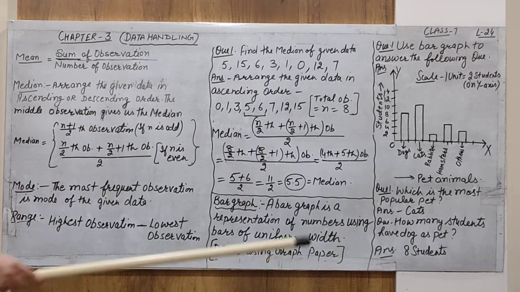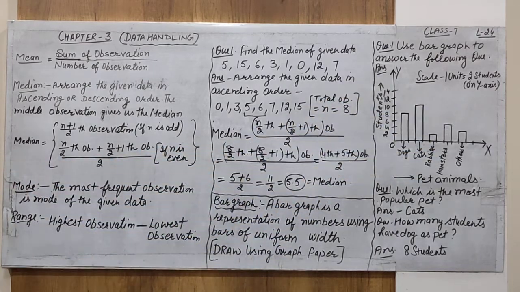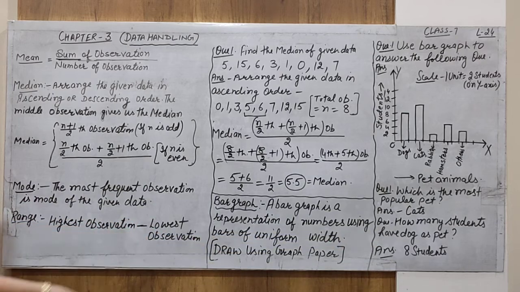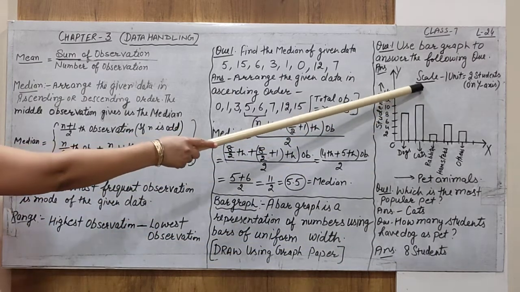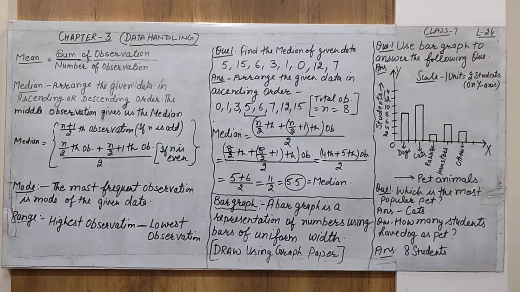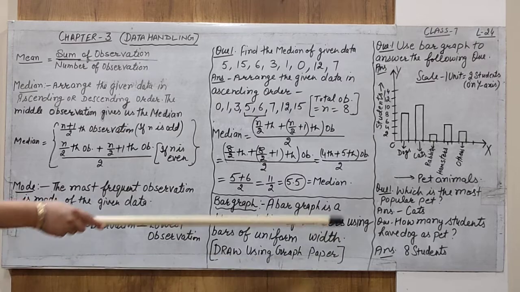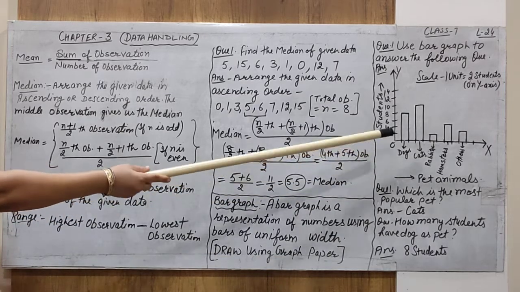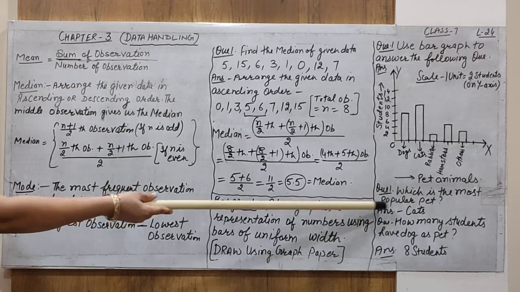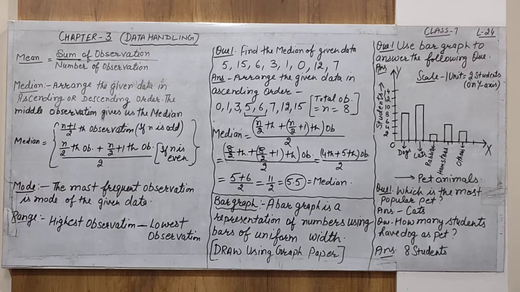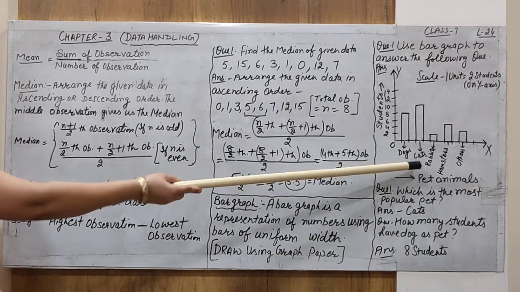There are so many questions we can ask on the basis of this bar graph. You must understand how we can draw. In further questions, you have to draw by yourself. The data is given to you. But first you understand, the scale must be written. It is very important to write the scale. There are also questions like which pet is the least popular. Least means the one that is the least popular. Which one is rabbit? Alright.